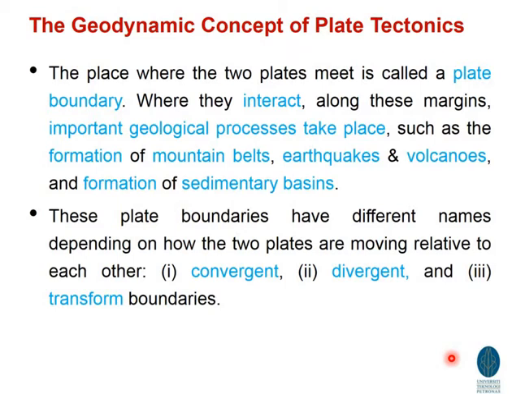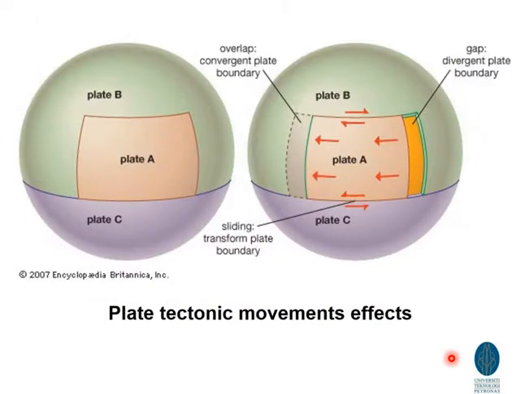The interactions at the boundary involve important geological processes such as mountain building, earthquakes, volcanism, and basin formation or opening, depending on the relative movement of the plates. They can be divided into convergent, divergent and transform boundaries. This illustration shows all three types of plate boundary interactions. Divergent plate boundaries create a gap on the surface, convergent plate boundaries create overlapping, and the transform plate boundaries have